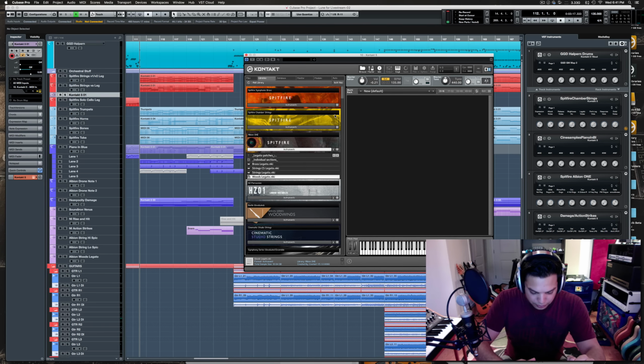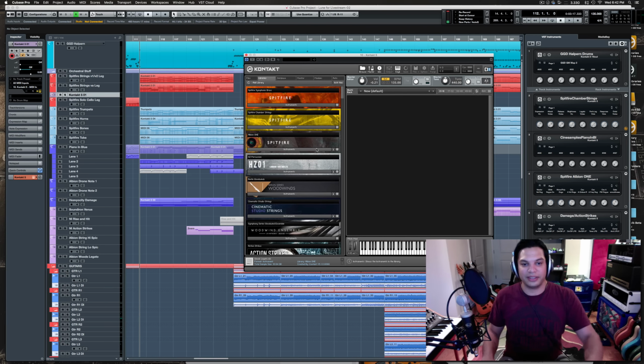How damaged is my bank from these plugins? Really, I've spent a lot of money on it, it's kind of crazy. These are not cheap, but it's what I'm into now. This is kind of my job now, so I can justify it, and I have a lot of libraries. I already know of some libraries I'm going to buy when they come out. Like that new Berlin brass library looks really cool, but it's insanely expensive. And there's just a lot of stuff out there that's really, really good.